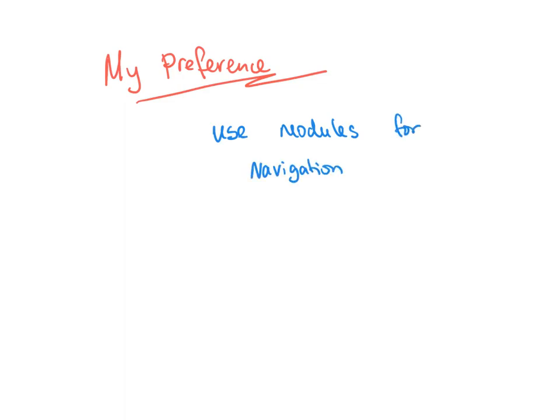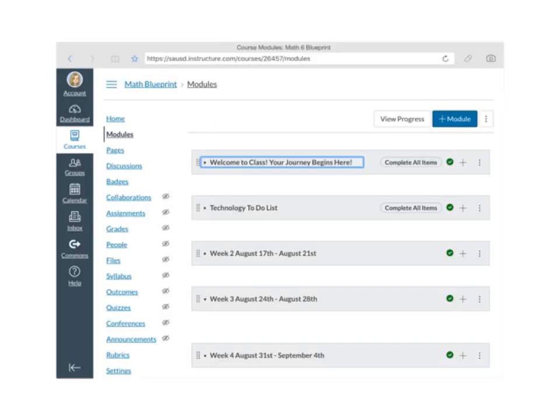I really prefer personally to use modules to navigate that one directional linear flow for my students. I wanted to show you already created modules in one of my courses. We're calling it the blueprint. Basically, all those are headers of module titles, but if you don't have any module that you have started, simply